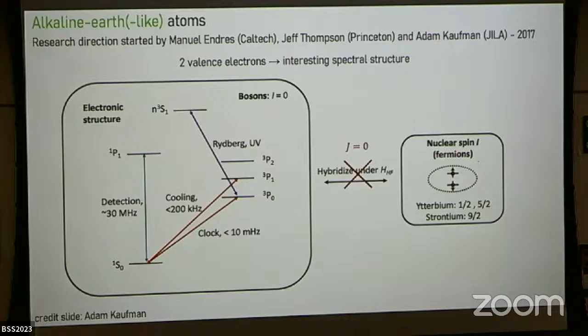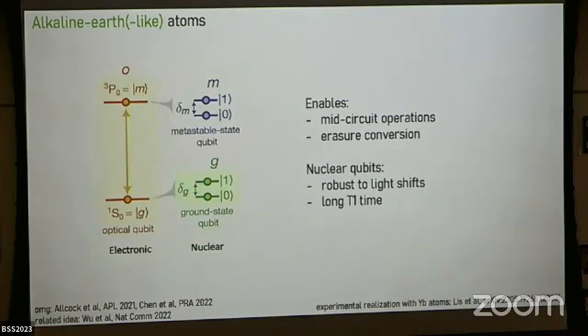And now this is a very interesting qubit encoding, because when you have J equals 0, the nuclear spin degree of freedom doesn't really couple with electronic degrees of freedom. And so this is very convenient, as I will comment in a second. It basically isolates your nuclear spin from many different sources of noise that affect the electronic states. Okay, so